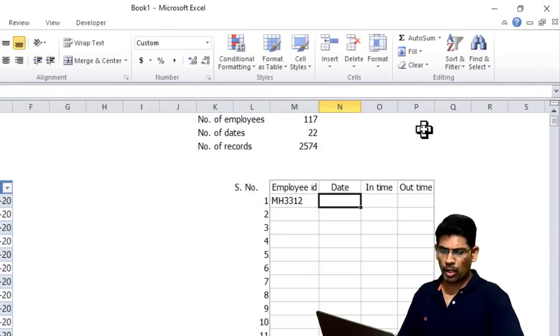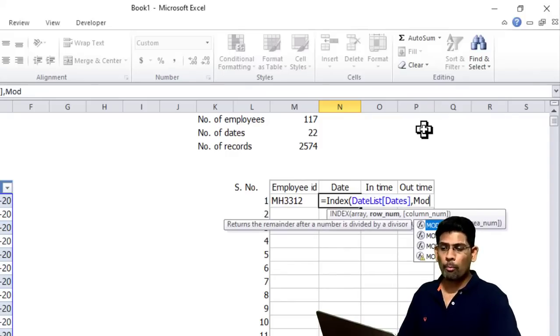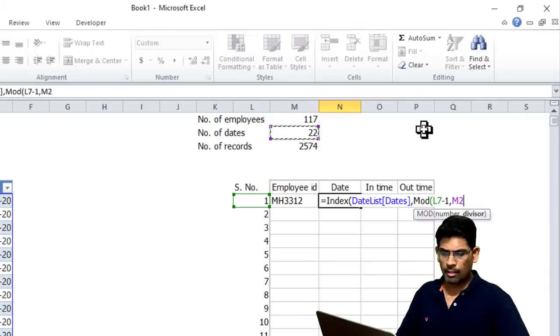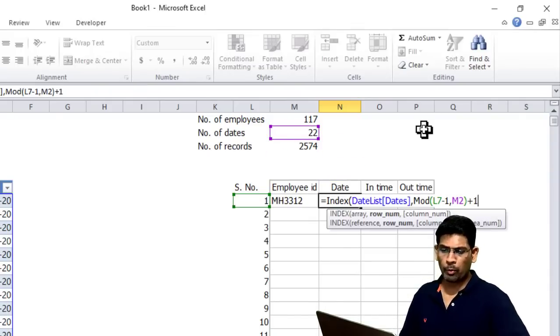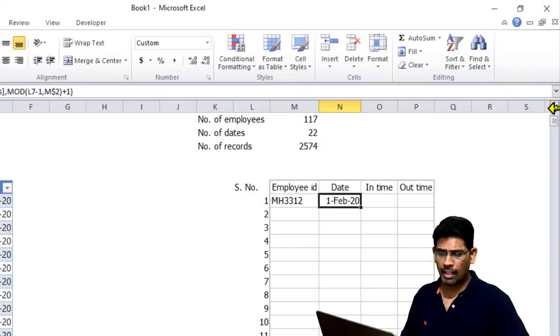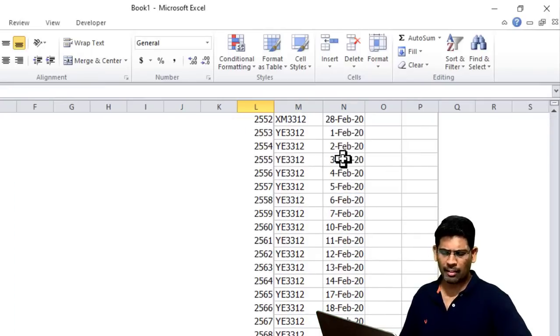And same way for dates, I'm going to type index of, in the date list table, we are talking about the dates column, and what we want is mod of the serial number, comma, the number of dates, or I should say serial number minus 1, comma, number of dates, plus 1. This is what we want to achieve. Again, this M2, I have to put a dollar sign here. See, these things are much better if you name them, like what we had named it earlier. I am not getting the time to name it here, so I'll leave it as it is. And then we just have to copy paste, nothing else. So the serial number is something you have to manually create, but once that is created, the rest is automatic.